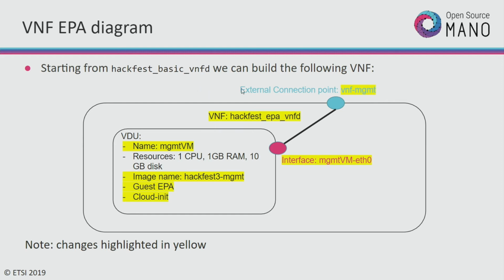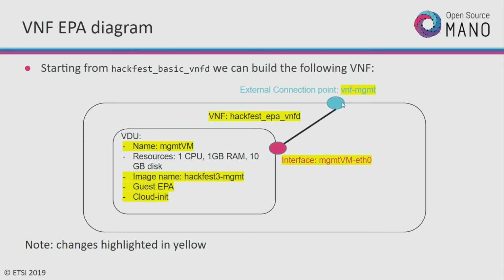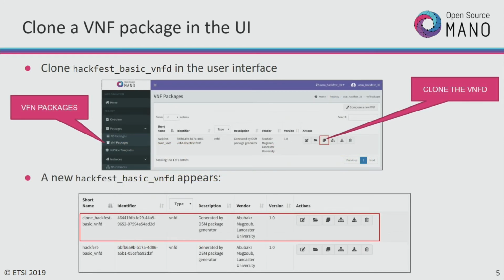So we are going to use that as the base, and you need to modify some things in the VNF. The changes are already highlighted in yellow, and I'm going to give a link for you to download the descriptors so you can match that. So please start by uploading the Hackfest basic VNFD,